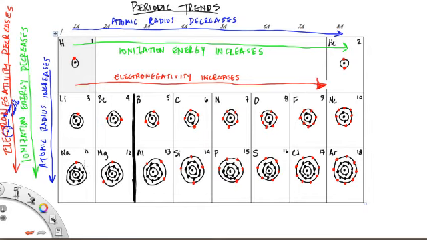Since we only have one electron in the outermost energy level in group 1A, in order to get a full energy level, the elements in group 1A will lose that electron. That means they have one more proton than electrons, so they will have a +1 charge as ions. These charges here are dealing with ions. In group 2A, since we have 2 electrons in the outermost energy level, the easiest thing for them to do to become ions is lose those 2 electrons, and these would have a +2 charge. For boron and aluminum, they just have 3, so the easiest thing to do is lose those 3 electrons and have a